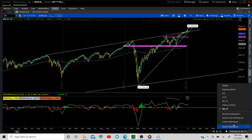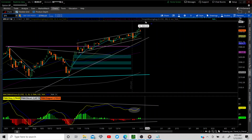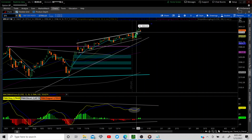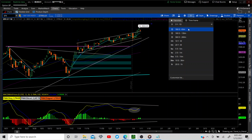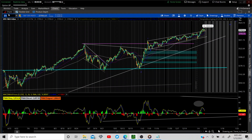On the daily, trend is our friend to the end. Wave 1, 2, 3, working on wave 3 right now, but in the subwave 1, 2, and also on wave 3 for the subwave, holding above this pivot. I'll figure out that name for you. That's so funny. All right, we're going to move over to the ES